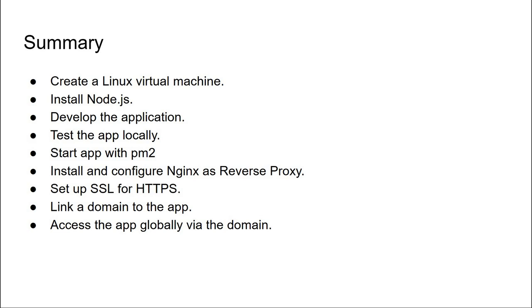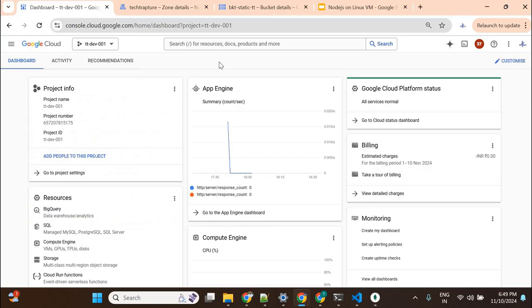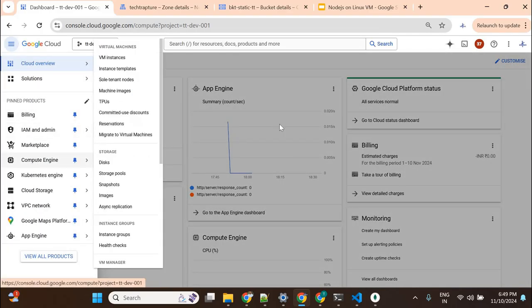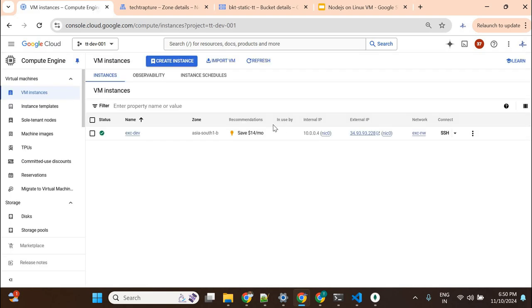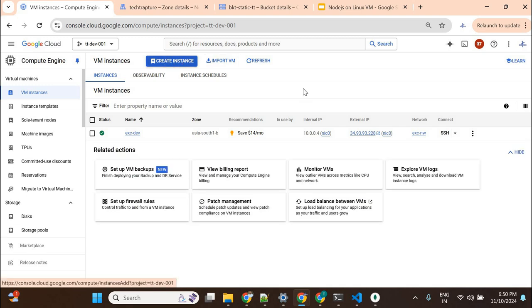So let's first go to Google Cloud and create our virtual machine. I am on the Google Cloud console now. So I'll go to Compute Engine and I'll create a very basic virtual machine here, a compute instance. I'll just click on create instance